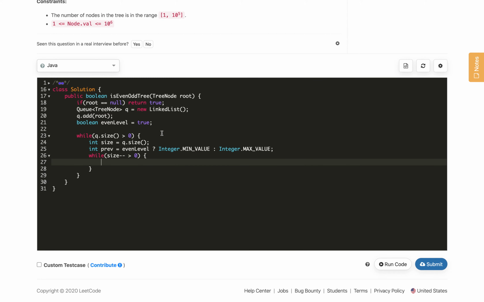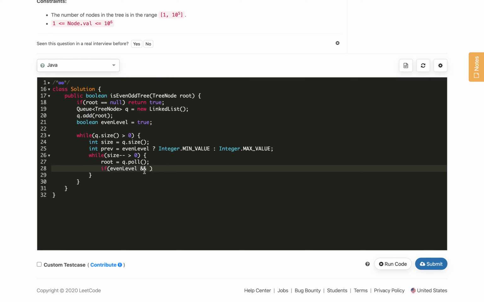Here we will first get the node from the queue, so queue dot poll, and then we will check if we are processing an even level, and check the invalid cases and return false if it satisfies an invalid condition.